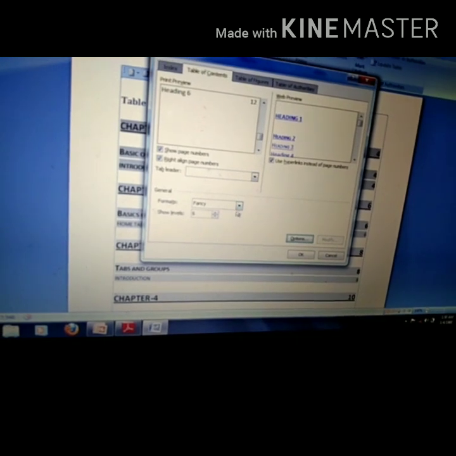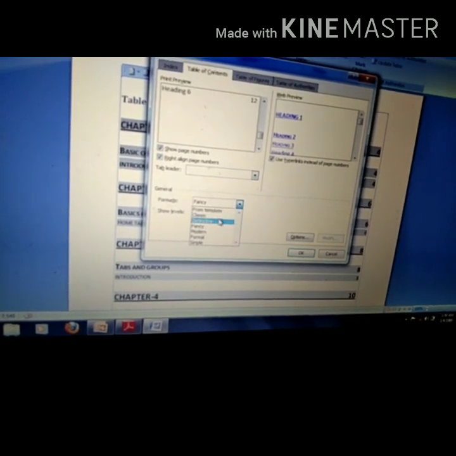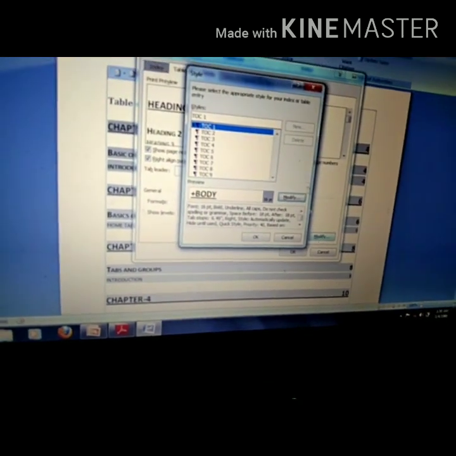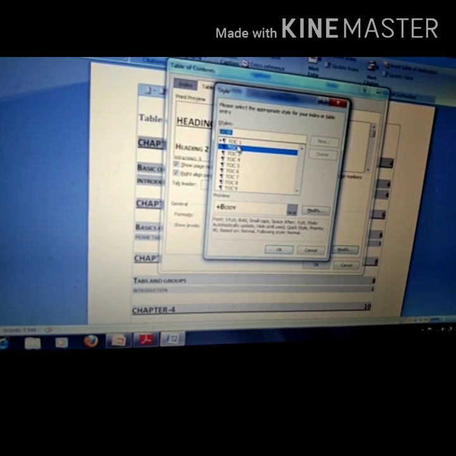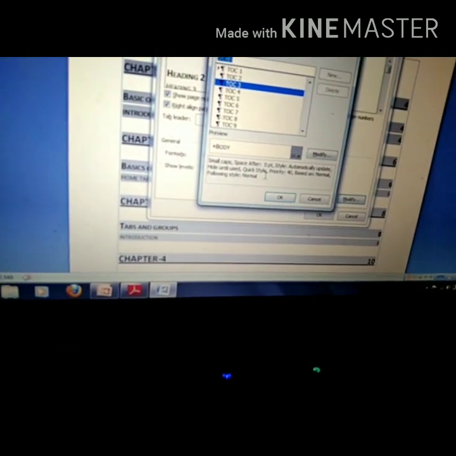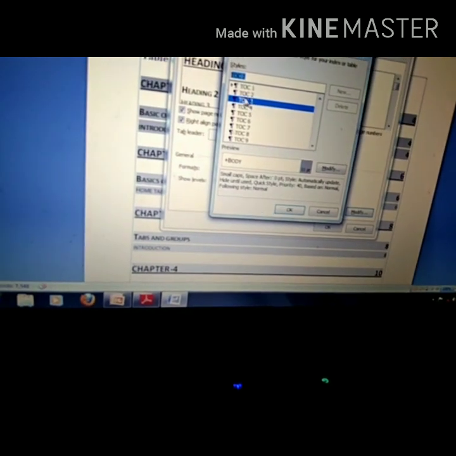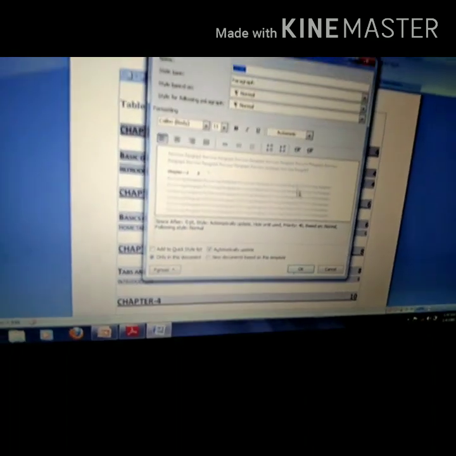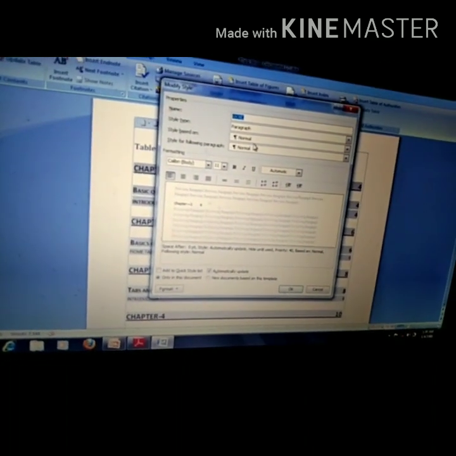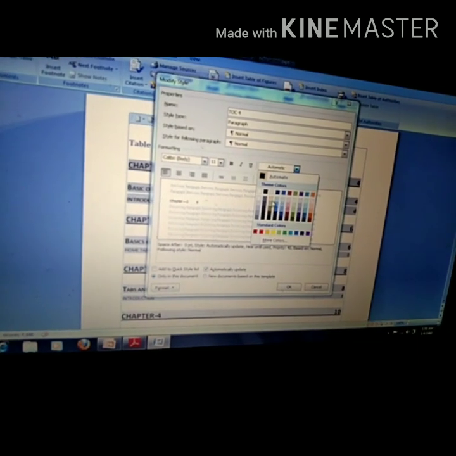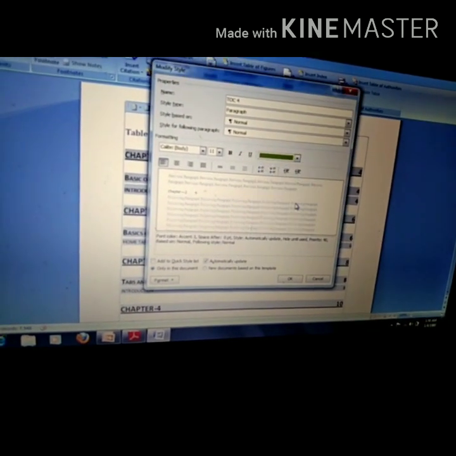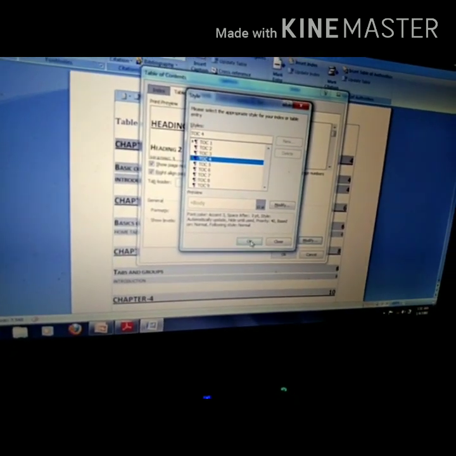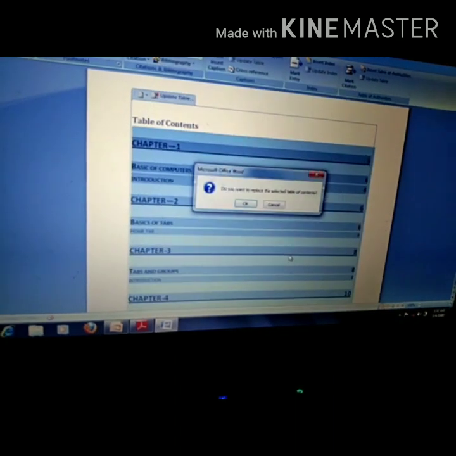If disabled, click on this table head, this one format option, click select from template. When you select this, the modify option is now enabled. Now from here you can edit any table of content heading. You can check what is there in this heading. You can increase or decrease the size or anything with this modify option. When you click on this, you select and can change anything. From here you can change the color also, or anything you can do. Click OK. In the level 4 heading I have made these changes, click OK and then click OK.